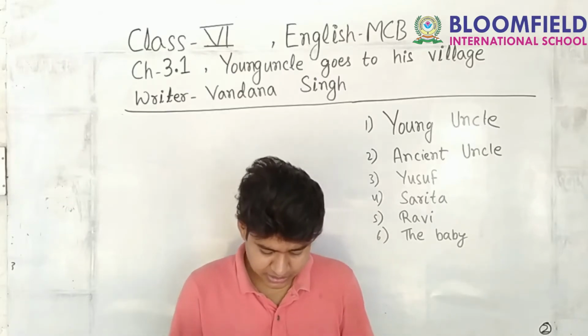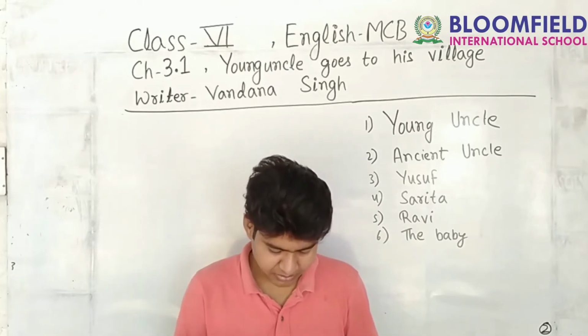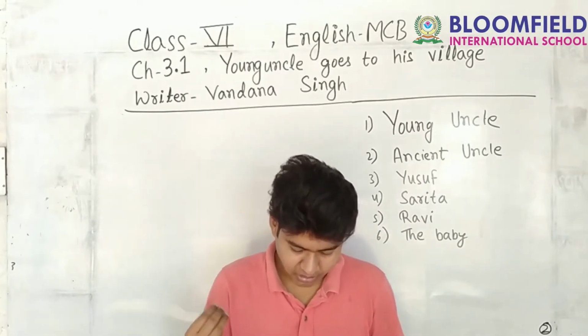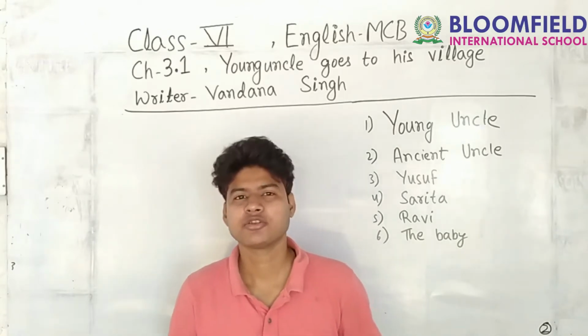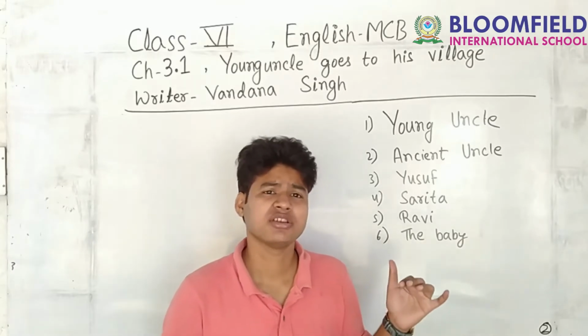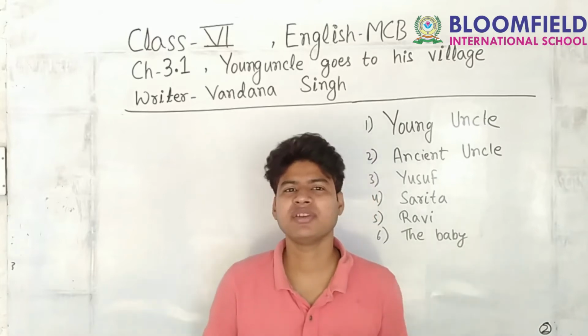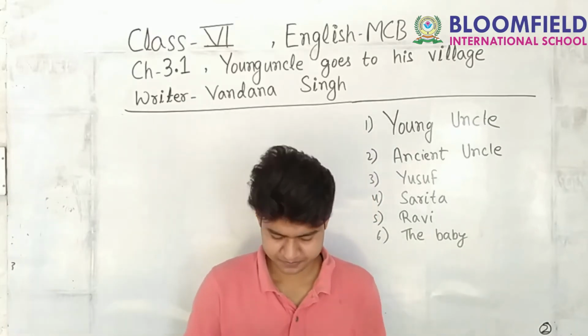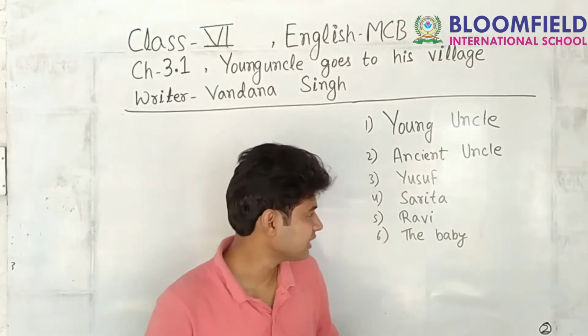Whenever they mentioned him, they would say, "Oh, ancient uncle," and shake their heads because he often didn't behave like a dignified old man of 88. So despite being so old, that means his age is 88, but still he was not behaving like an old person. In fact, Sarita's last memory of him,